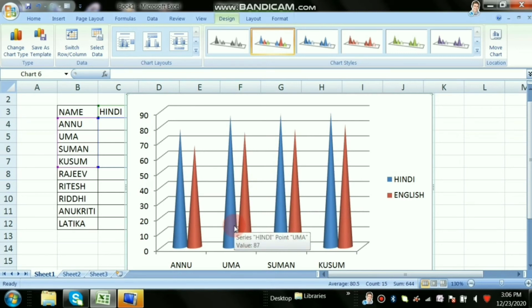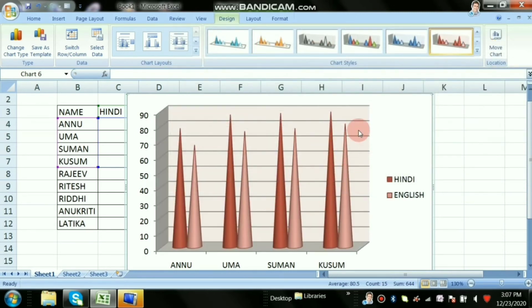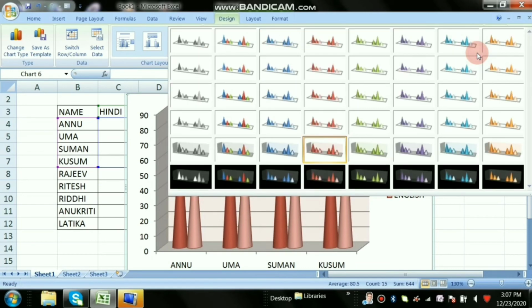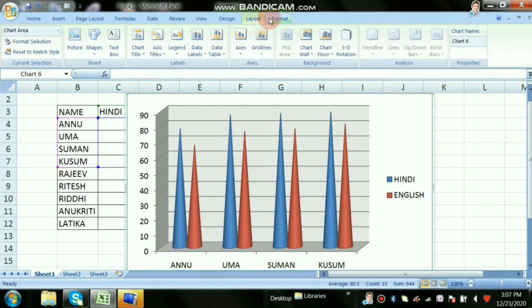It is a very easy and simple way to see any data, and you can also change the chart style. As well as that, you get 3 more tabs here: design, layout and format.